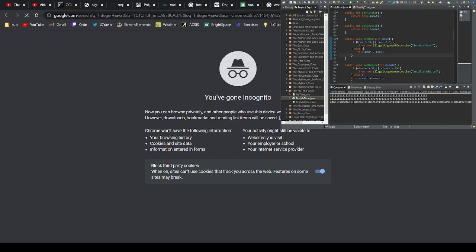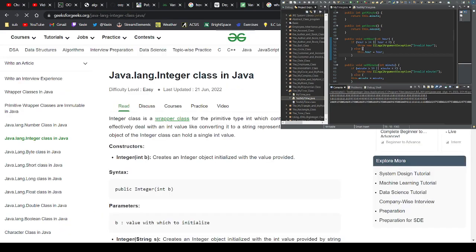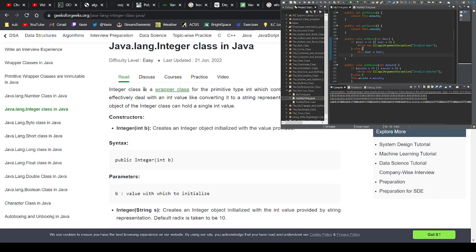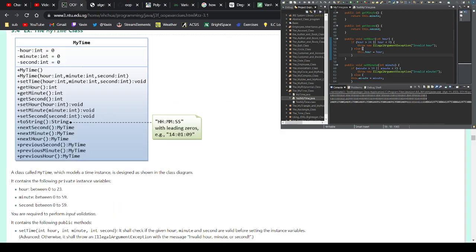Integer Java. Integer class is a wrapper class for a primitive type int which contains several methods to effectively deal with an int value, like converting it to a string representation. Vice versa, an object of the integer class can hold a single int value. Okay, so it's not like a string at all, which is kind of to be expected. But